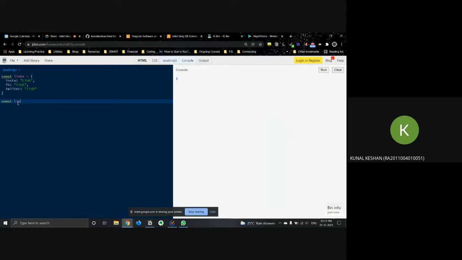So, link string, JSON dot stringify and then pass in links. Yeah, so it'll be something like this. And later, what we need to do is we'll have the user object, right? So we'll have the name, their email. I'm not writing all of it, just an example. And finally we'll have the links, right?